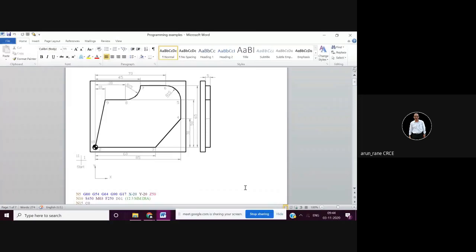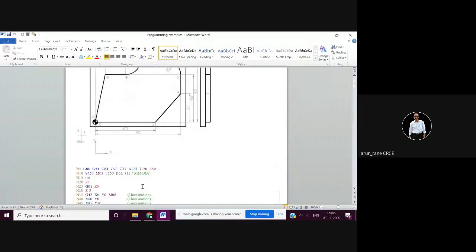This table is important, which is not given here, because 2 marks are for that table also. Say you have written D01. Now D01 is 12.5 millimeter dia. This has to be mentioned in the table. Otherwise, the examiner doesn't understand what tool size you are using.